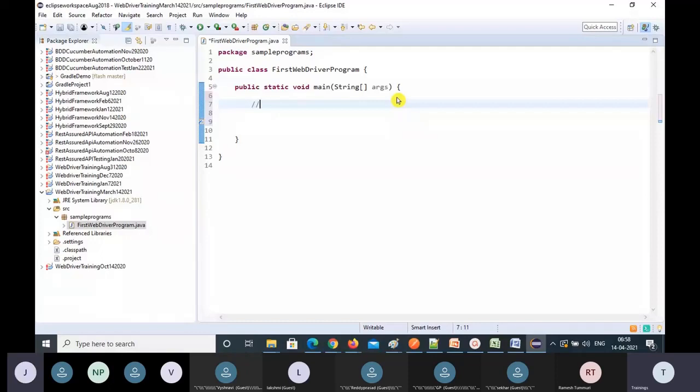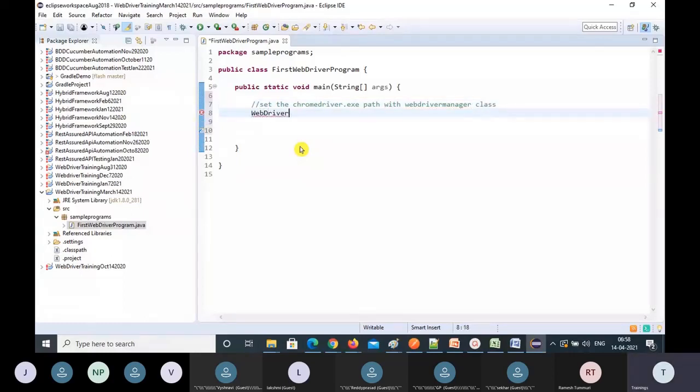That exe path I'm going to set with WebDriver manager, because I already added WebDriver manager here. So let's see whether it is going to work or not. Set Chrome driver.exe path with WebDriver manager. WebDriver manager is a class. We have to use this here.